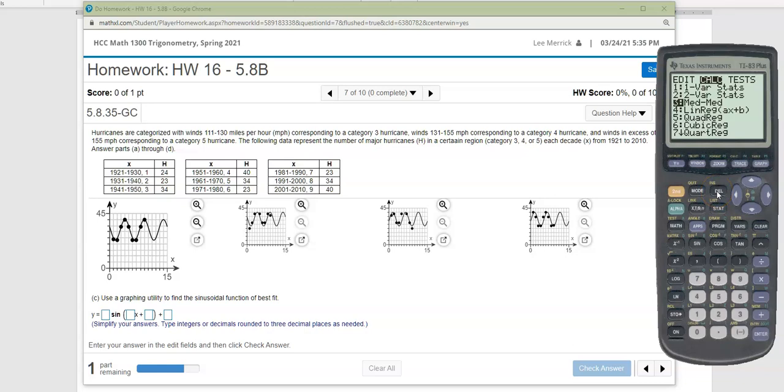And if you go all the way down, we're going to have a sine regression. So we're taking our data points and plugging them in. And if we do that, we're taking that sine regression, and then we have to tell it which lists to look at. It kind of defaults to 1 and 2, but I want to be sure that